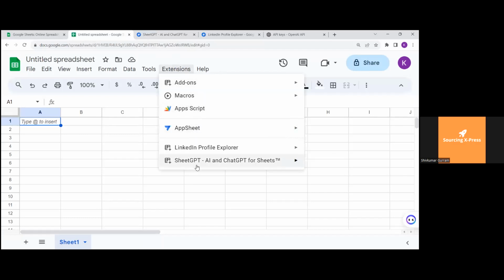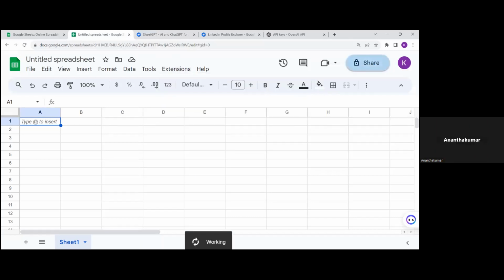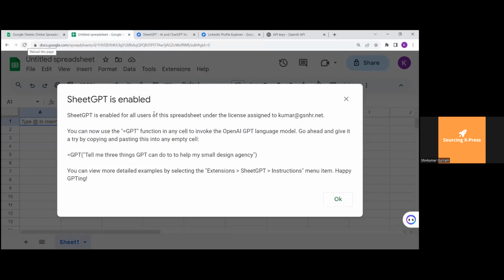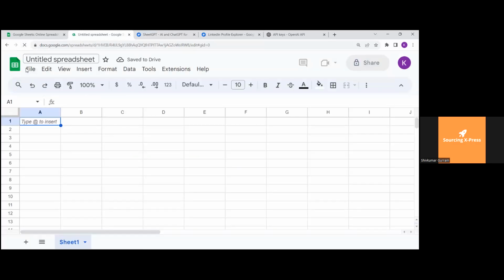Okay. Click on SheetGPT now. Enable SheetGPT. It is enabled. You have to enable. Without enabling, it won't show. Wait. It is working. It will show you the final confirmation that it has been enabled. Yes, it has shown the final confirmation. It has been enabled. Now equal to